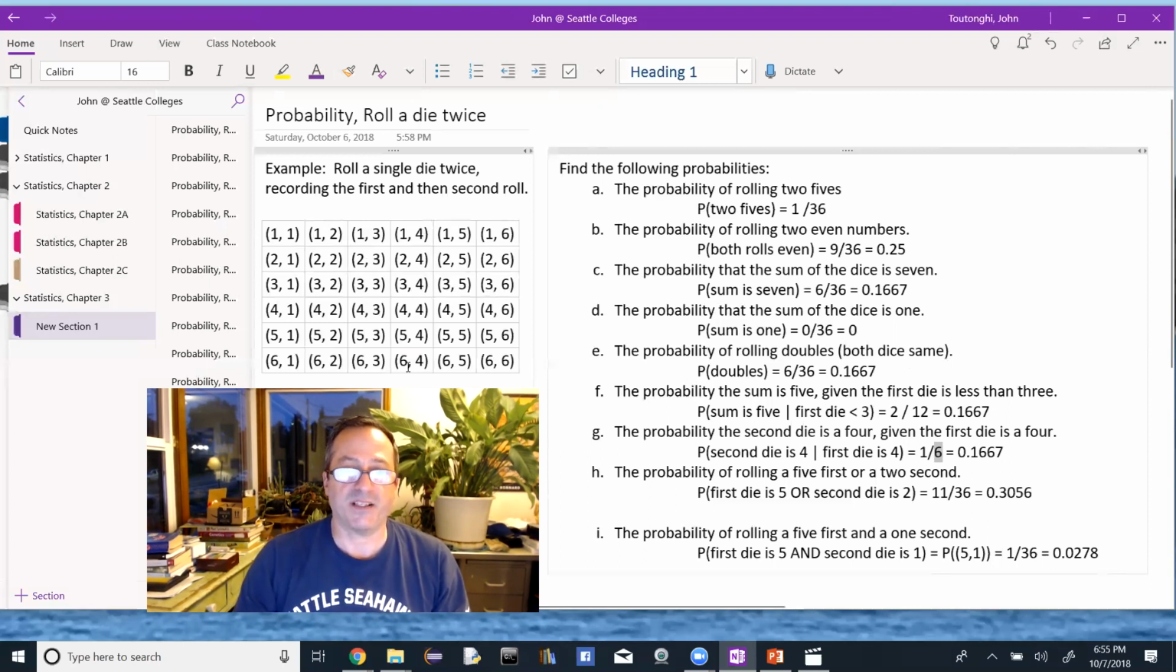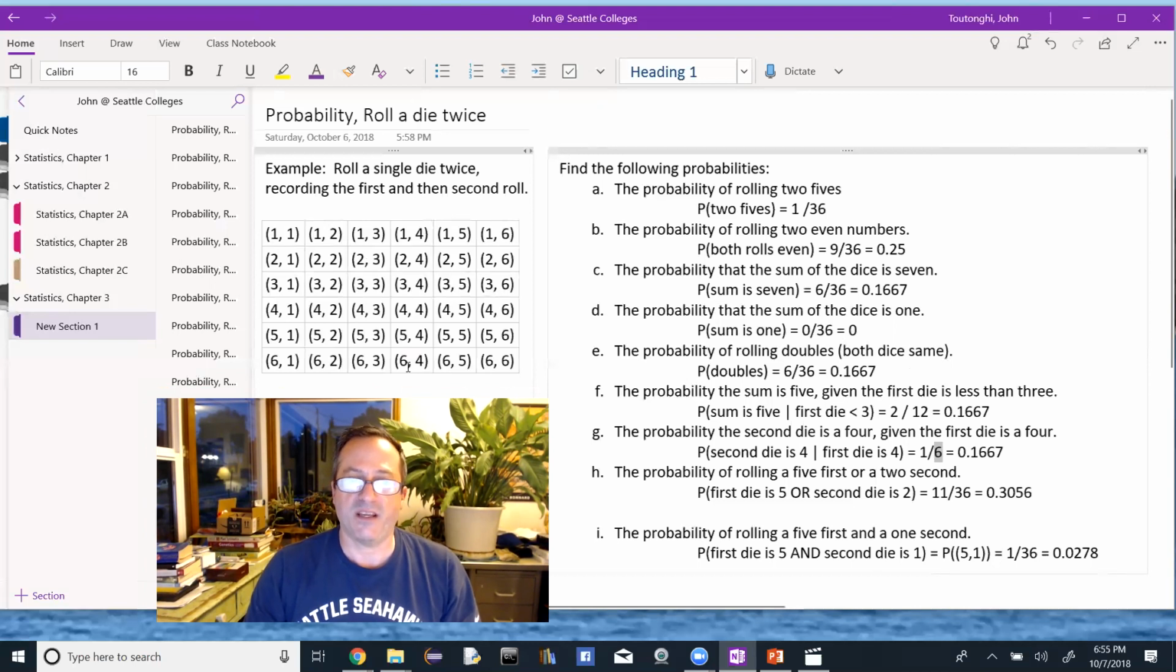Okay, so I have examples for each of these. I'm going to work through them, and hopefully you will find them helpful. All right,